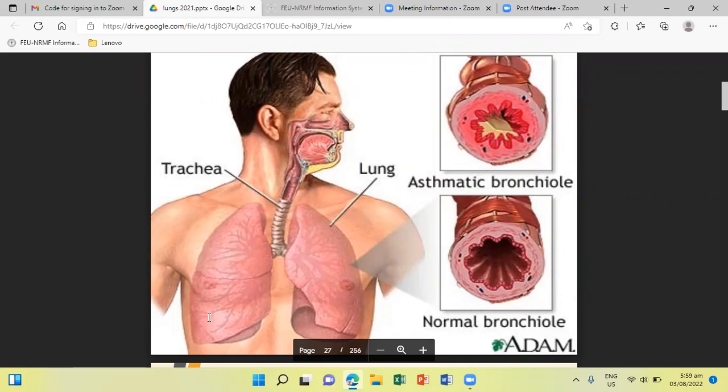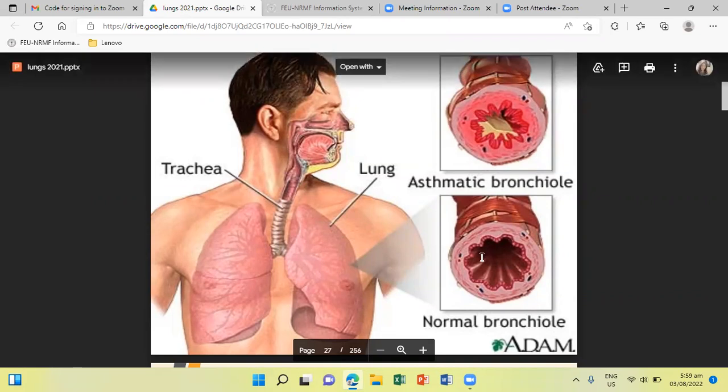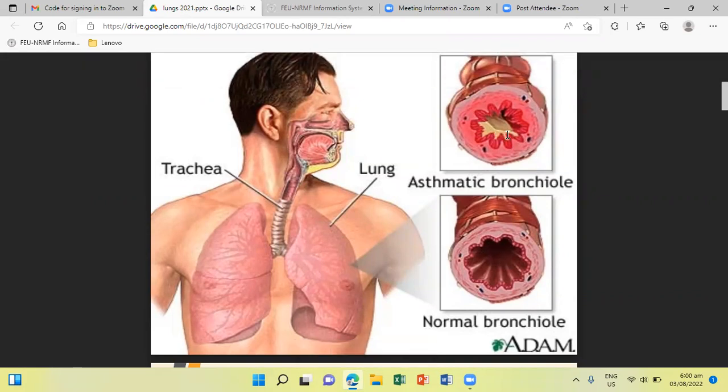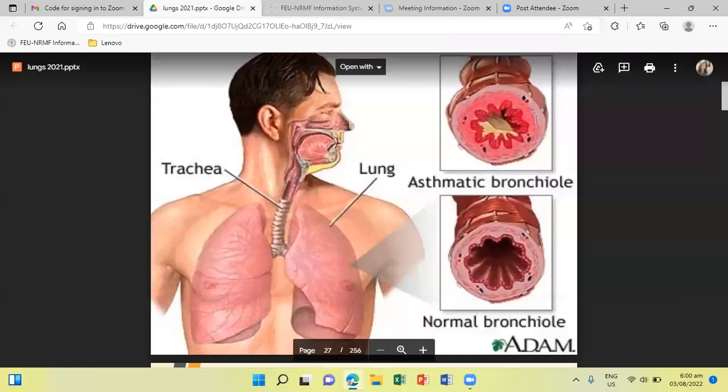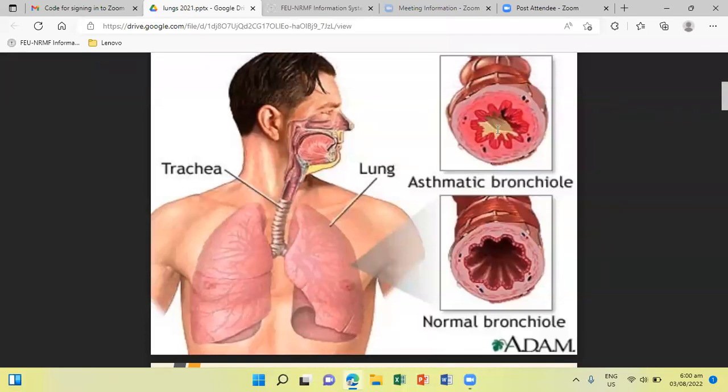So if you're following what I'm trying to say, compare the lumen. That's the first characteristic, bronchoconstriction. Number two, as I have mentioned, is the expected inflammation. So the wall, as you can see here, is more thickened. And of course, the yellow material inside is the third component, which is increased mucus secretion.